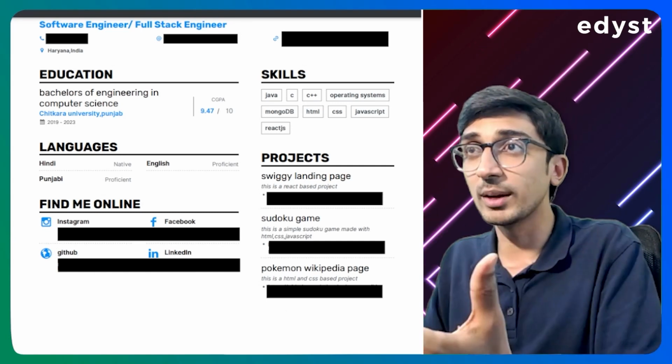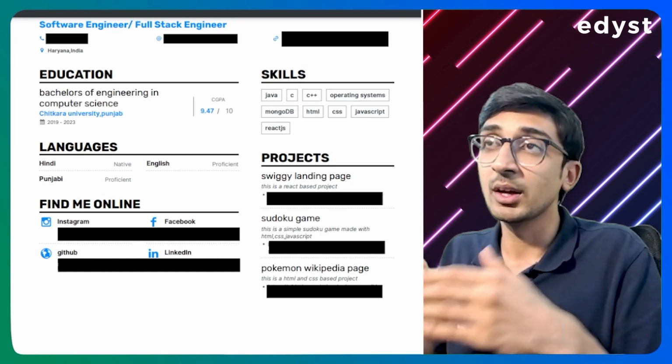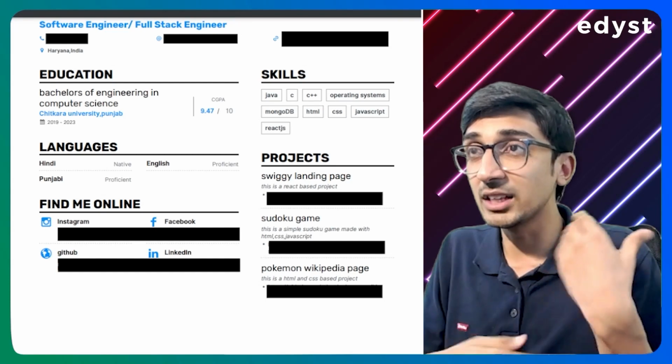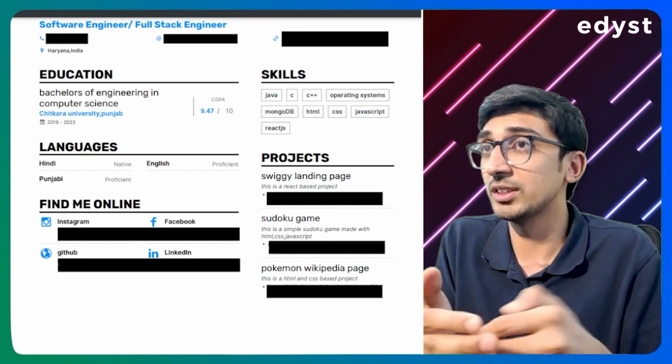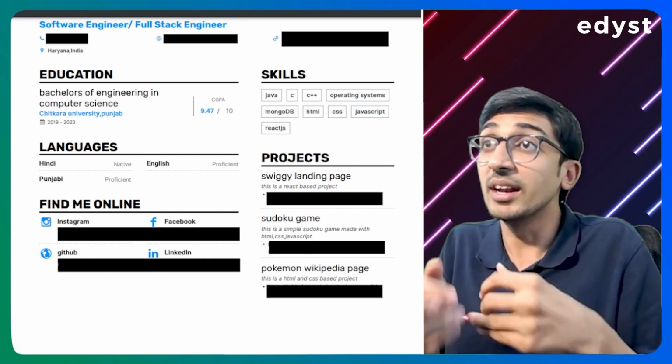Same thing with the Sudoku game. This is a simple Sudoku game made with HTML, CSS, JavaScript. Okay, great, but some more things over there, right? Like did you write the validation function yourself? In JavaScript, wrote the validation function that checks whether the filled grid is correct or not. Generated